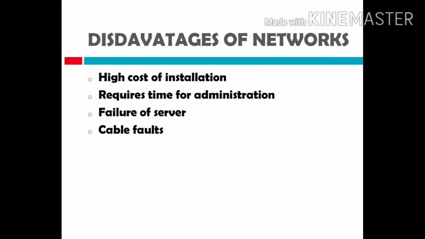The last is what? Cable faults. Here, for accessing one system from another by interlinking, you need a cable wire. You can take an example of your TV cables, or of the DTH in your home. When you are watching TV at home, the DTH is connected to your TV. So what is that? That DTH is connected with a wire, and that wire is used for interlinking. The same wire we can use here also.